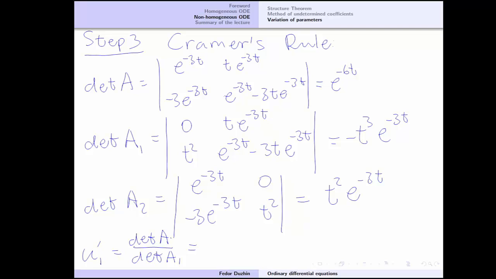Sorry, determinant A1 divided by determinant A. So we always divide by determinant A, because it has to be non-zero. Right? So determinant A1 is minus t cubed times e to the minus 3t divided by e to the minus 6t. We will get minus t cubed